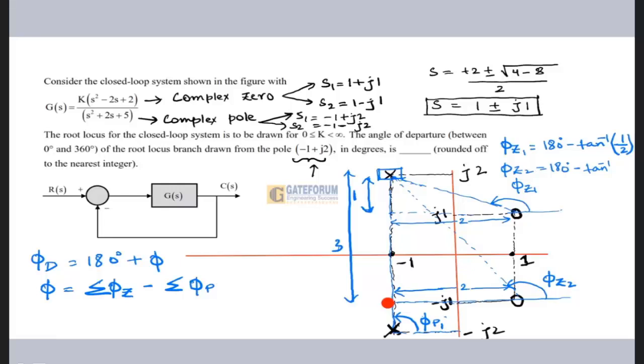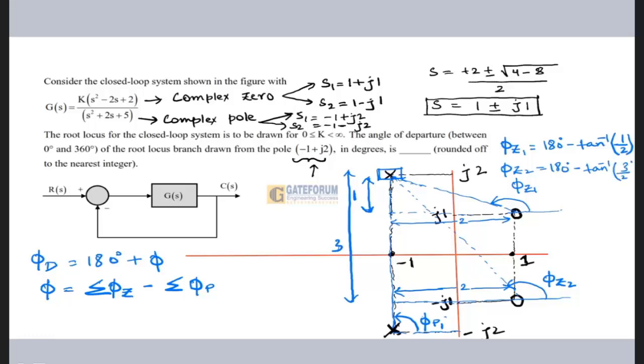This part is 3 and this part is 2. So what is this angle? This angle would be, total is 180 degree minus this angle. And this angle is nothing but tan theta will be equal to perpendicular by base. So 180 minus tan inverse 3 upon 2. So 3 by 2,